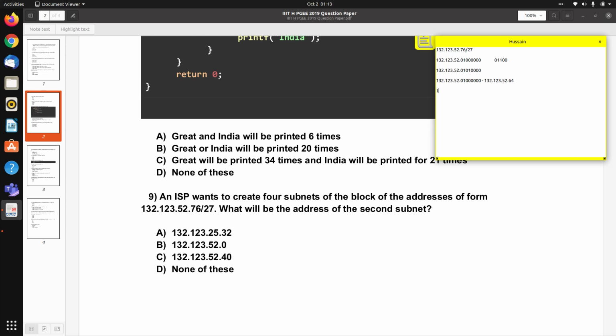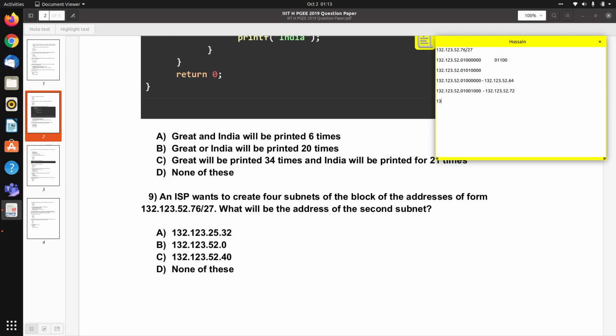So address of second block will be 132.123.52.01001000. So this will be equal to 132.123.52.72. This will be the address of the second subnet.